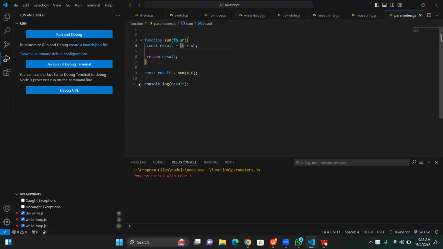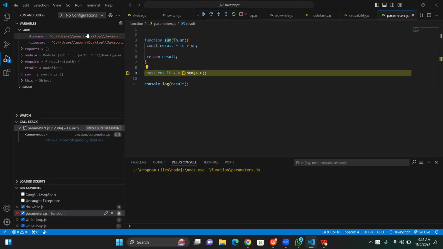Instead of putting this thing here, I'm going to put it here. This is where the function is being called, so let's put the breakpoint here. Don't worry, we'll talk about debugging extensively in its own chapter. So just follow me. Here, our program has stopped. Now if I step over,